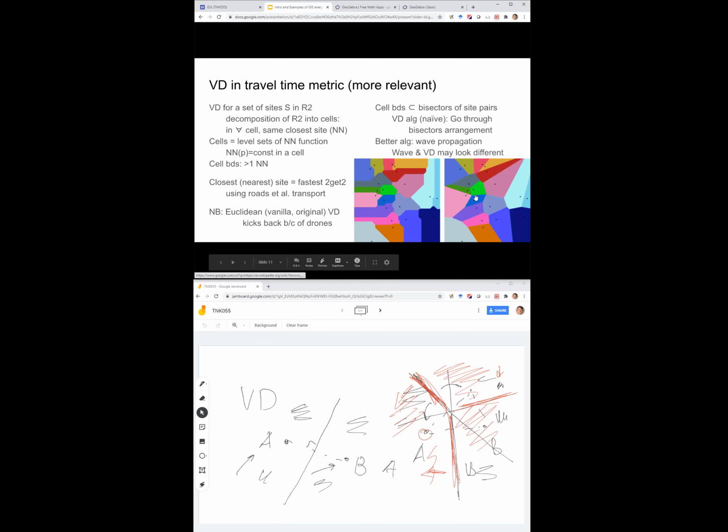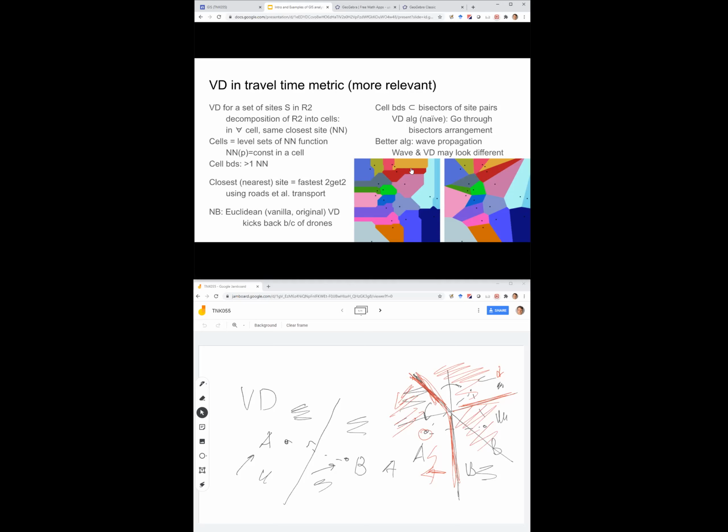But here on the right, I took the picture of 2 kinds of Voronoi diagrams. The one on the very right is the Voronoi diagram in the Euclidean metric of a certain set of sides. And here on the left is the Voronoi diagram of the same sides, but in a different metric. It's actually an L1 metric. Don't worry too much about what this L1 metric really is. But anyway, with a different metric, you have a different Voronoi diagram.